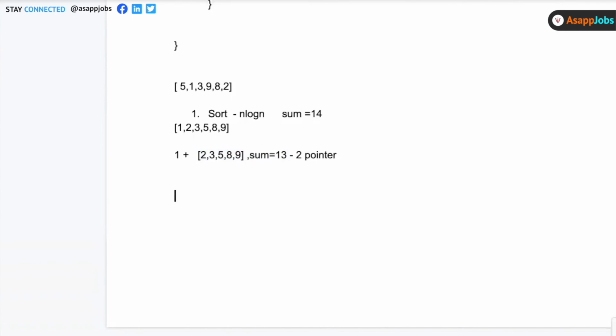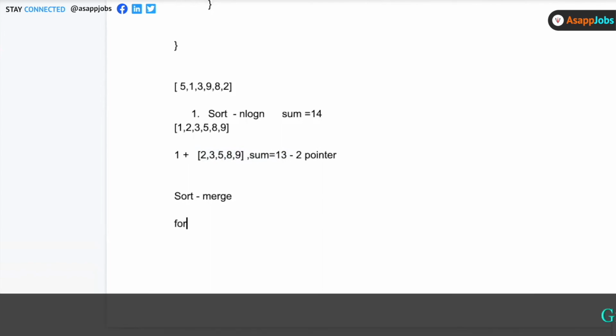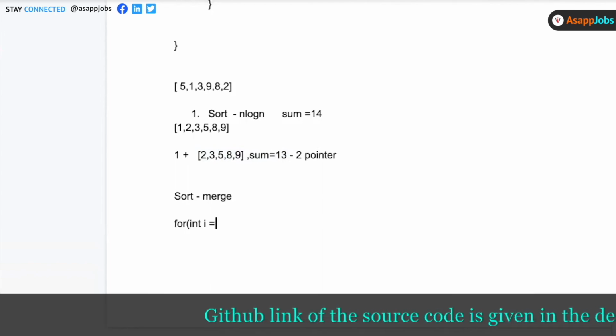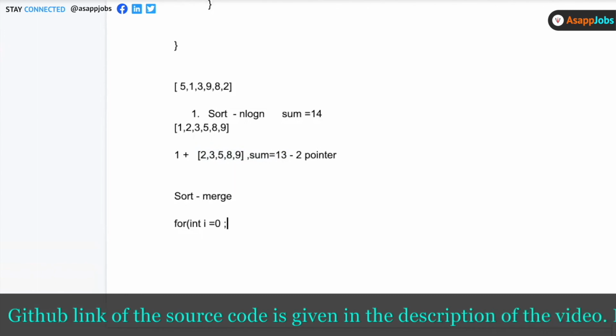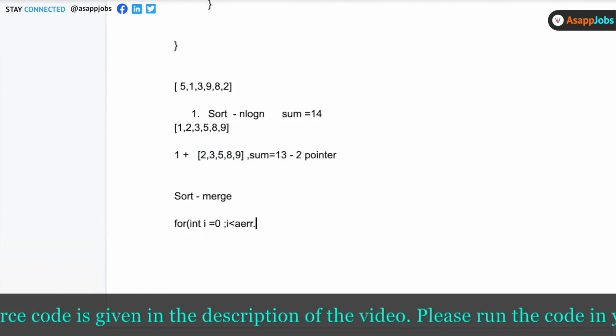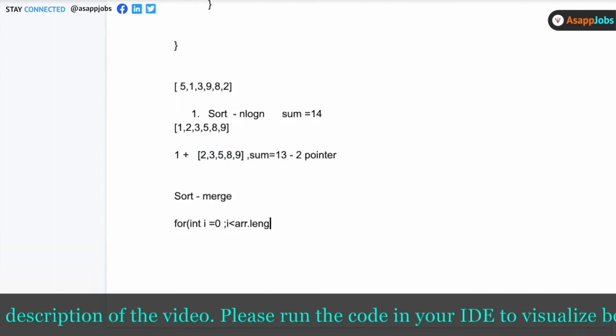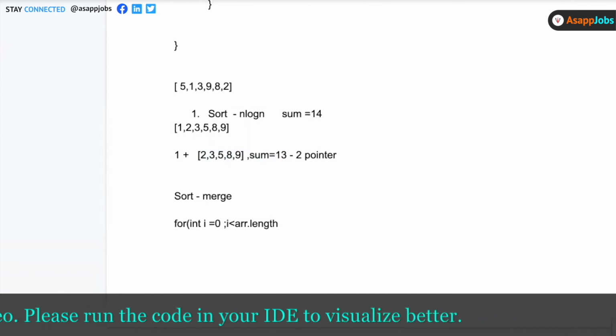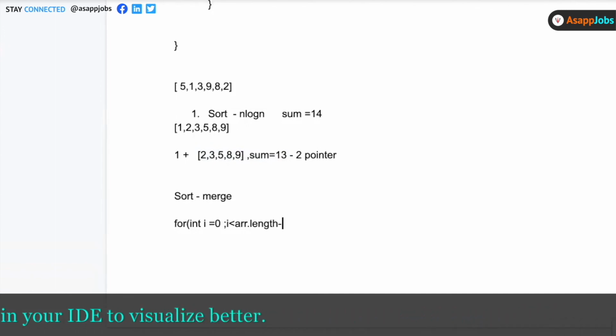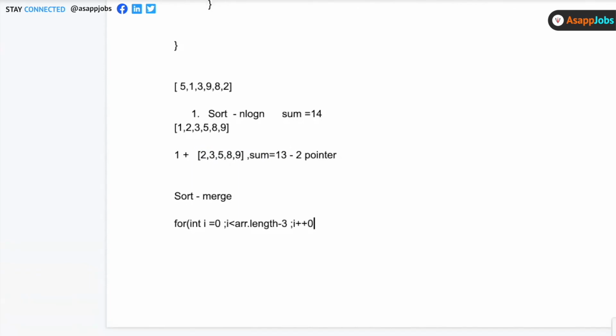Now let me quickly write the pseudo code for this. We can simply first sort it using merge sort. So it gets sorted. Now I write a single loop for int i equals to 0, i less than array.length minus 3, i plus plus.